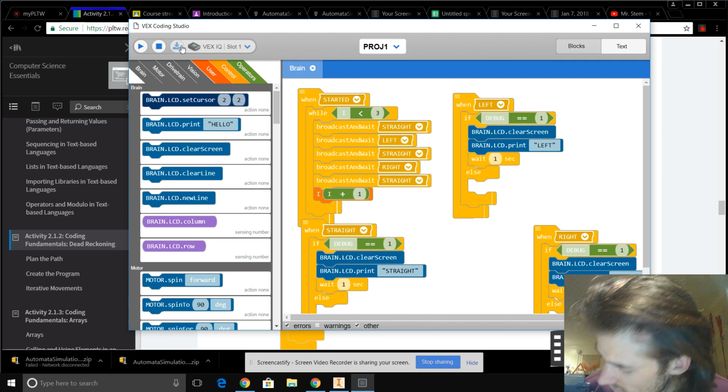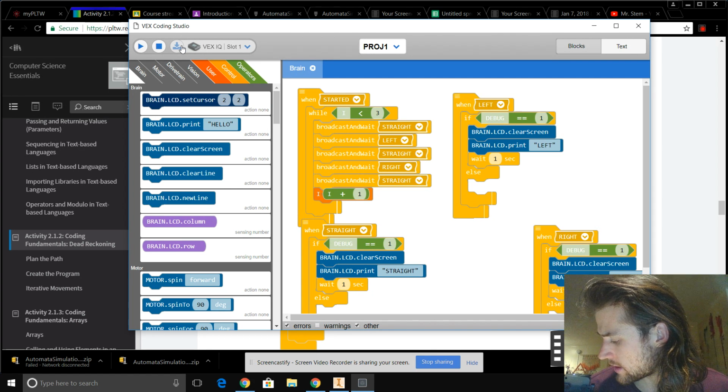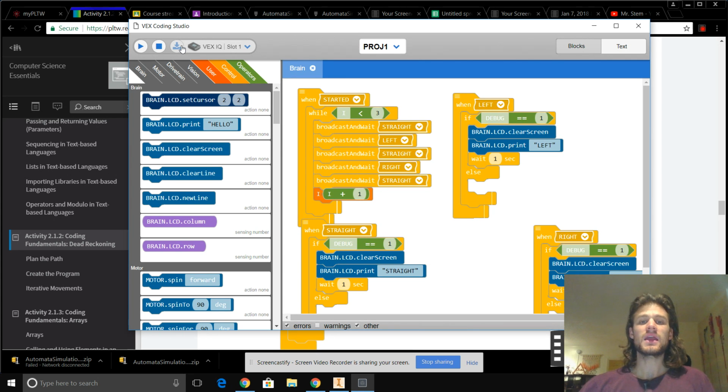Straight, left, straight, right, straight, left, straight, right, straight, left, straight, right. So you can see it's going to cycle through 3 times, right? I equals 0. Then it's going to cycle through I equals 1. Then I is going to equal 2. It's going to cycle through one more time. Then I is going to be 3. So it's no longer going to be less than 3. It's going to stop. And with that, I'm going to end the